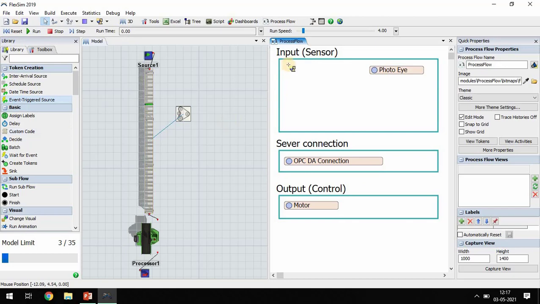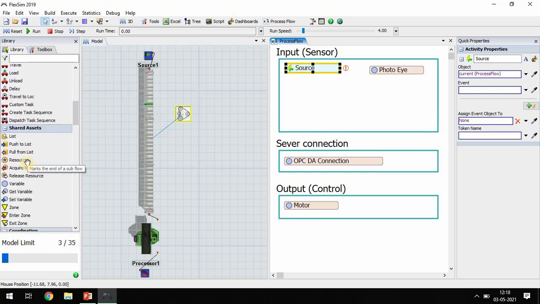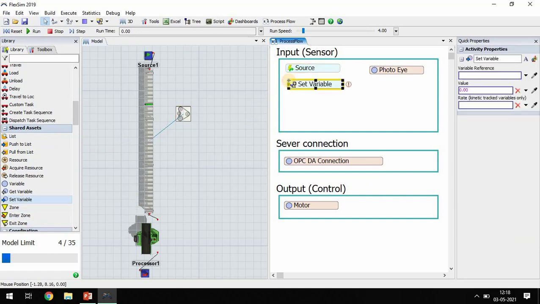Select and click here. Then go to shared asset and set a variable. First variable here, second variable here, and I will apply some delay, suppose the motor stops for 3 seconds, 4 seconds or 5 seconds.